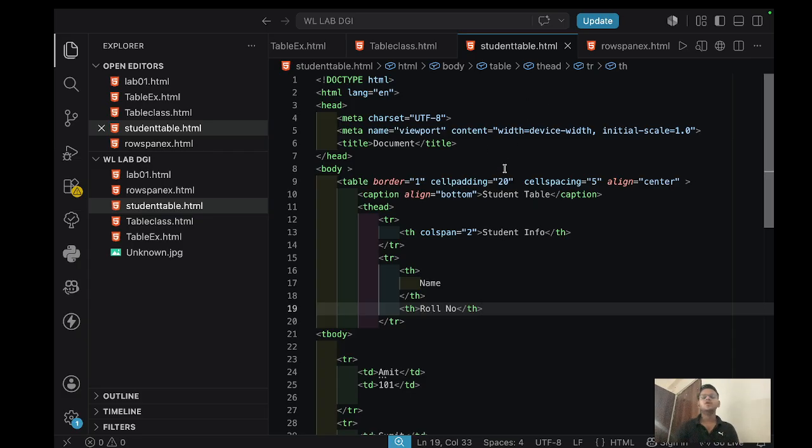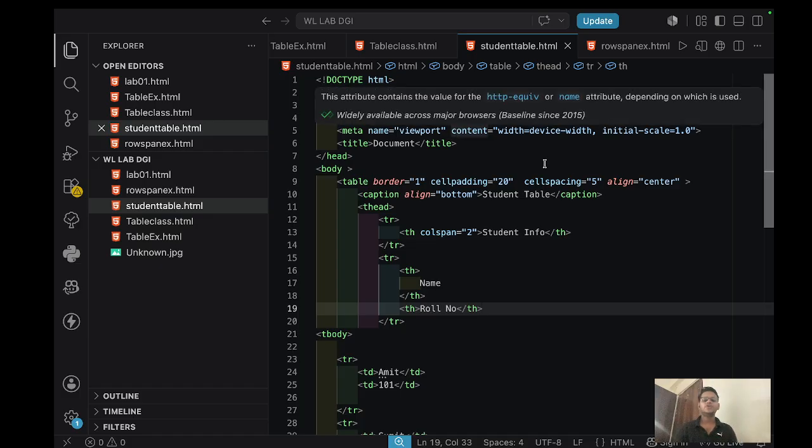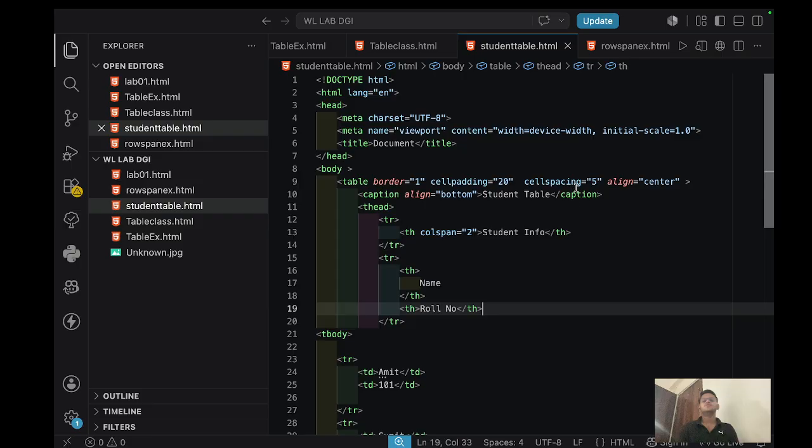Meta name equal to viewport means you are viewing your web page, so this is a viewport. Now, what is content equal to width equal to device-width? This means that your web page is designed to be displayable on every device you can use. For example, if you are using your laptop, mobile screen, or any other tablet or something like that,